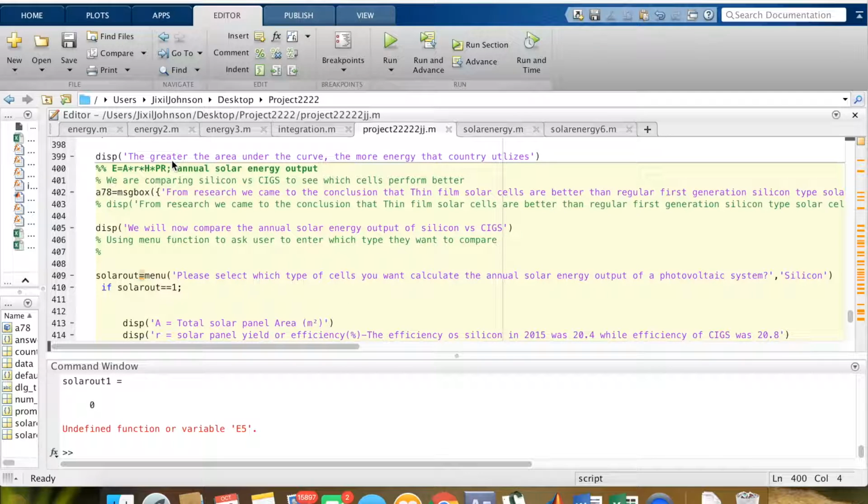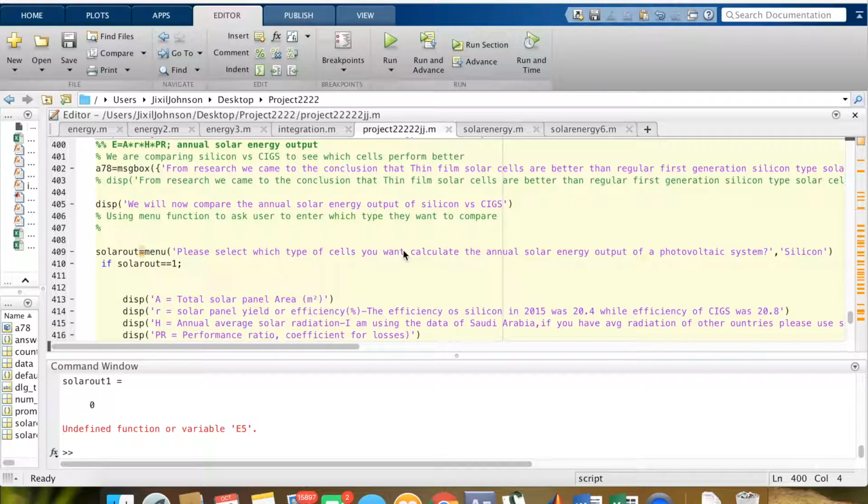From research, we came to the conclusion that thin film solar cells are better than regular first generation silicon type solar cells, as thin film uses less expensive and easier to work with substances and can be made with the lowest cost manufacturing technique, known as monolithic integration, or MLI, which produces exceptional efficiency, better than silicon solar cells. For this, we displayed a menu and asked the user to input which one they want to calculate